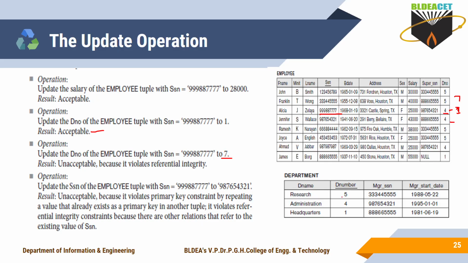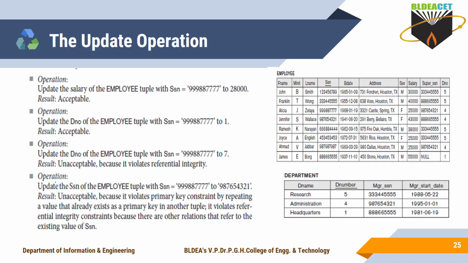Why? See, in your parent table for the department number, you have the values 5, 4, 1. If you change 4 to 1, as it is available, that's why it is acceptable here. But in the place of 1, if I enter 7, then it gives the error message as a violation of referential integrity because 7 does not exist in the parent table. In that situation, you will get the error as a referential integrity violation. This is one type of violation.